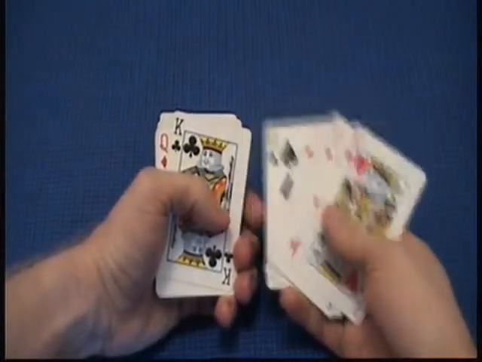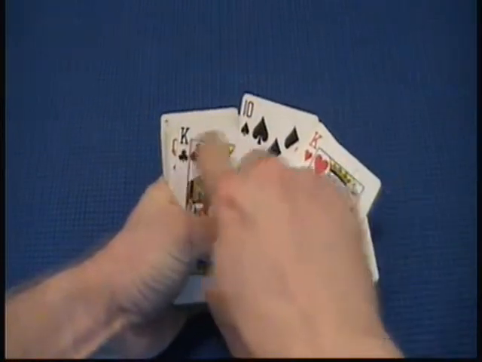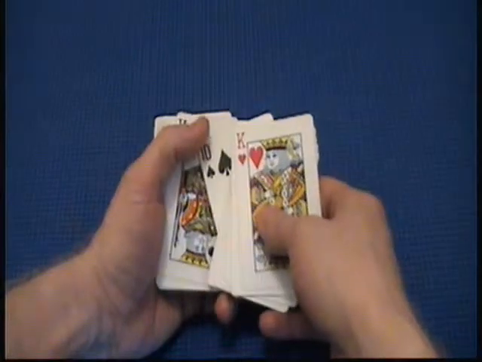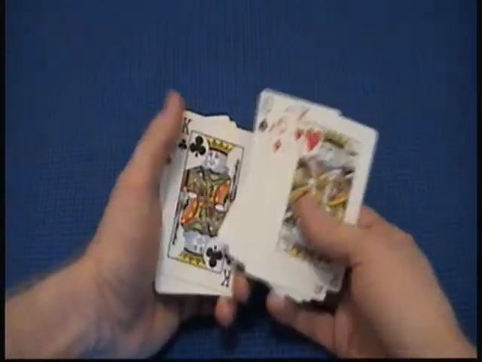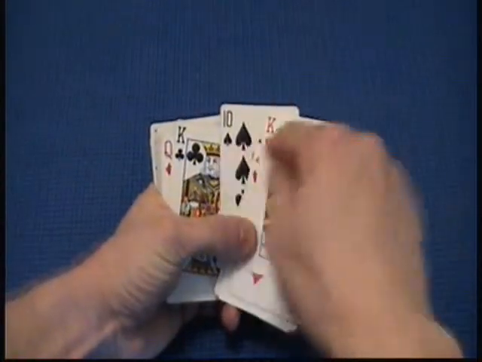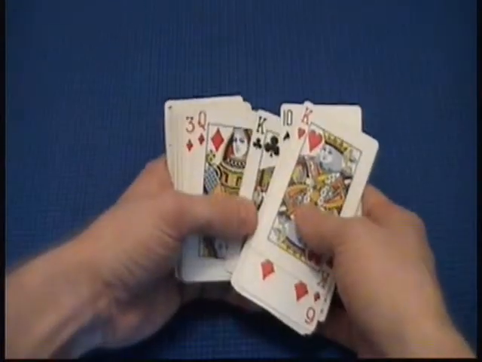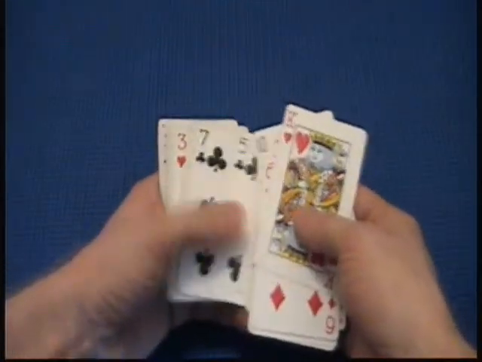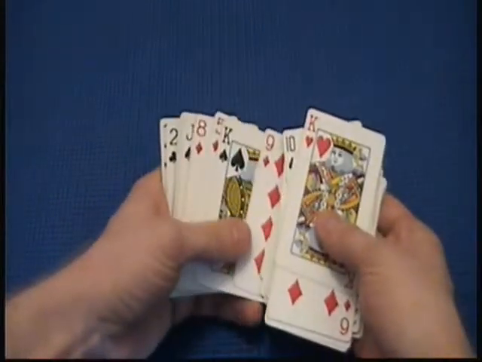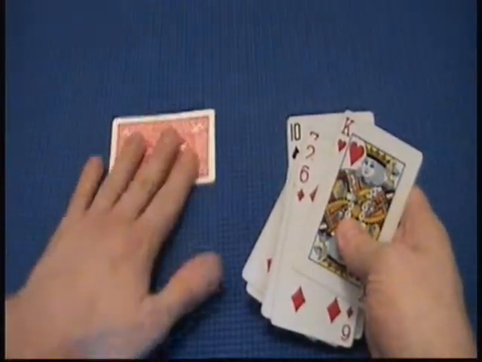Now, it's possible that the predictor card you want comes before the found card, in which case you'll probably have to ask the spectator to reshuffle or reshuffle it yourself, because you just don't feel the vibe and you can't predict it, because you can't do the trick if the predictor card's in there. Anywho, so when we're looking for the king of spades, let's just take a look. And here it is. So you take that out of the deck without showing the spectator,